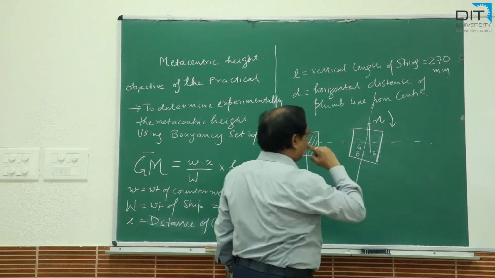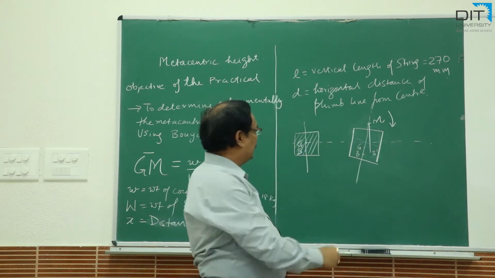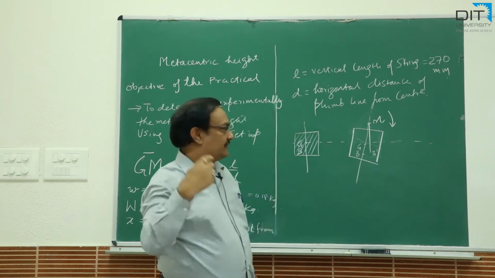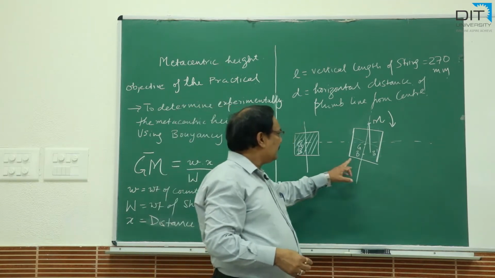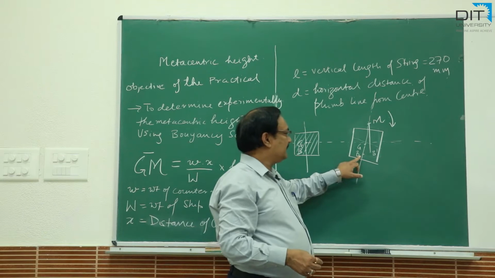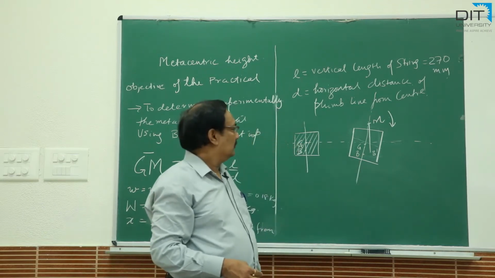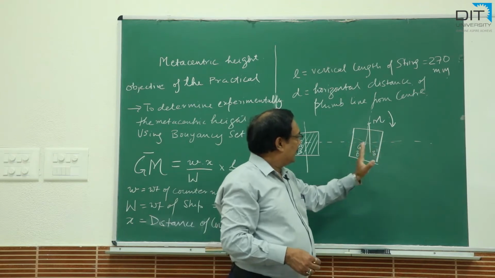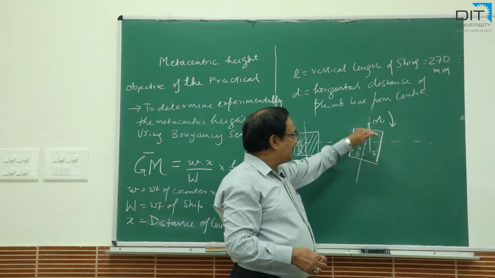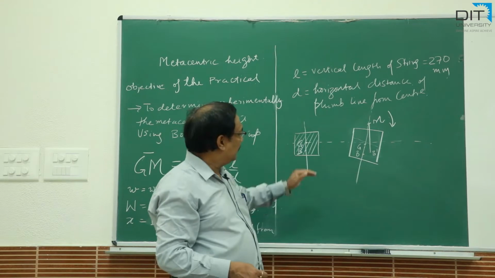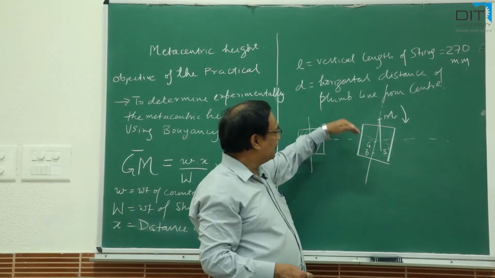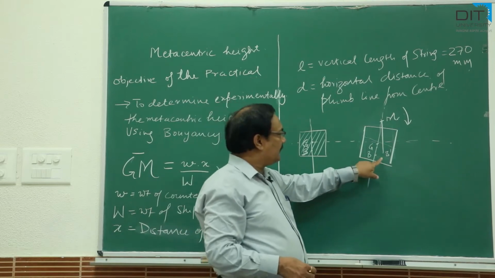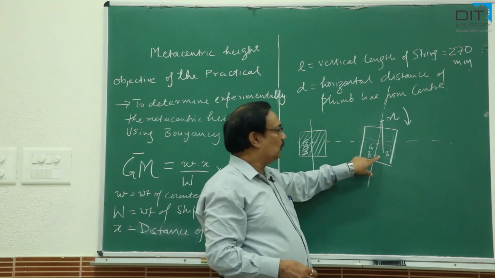like this, now the center of gravity will not change, it will be same as the body is not changed. Initial center of buoyancy is at this point. Now in this phase the body is immersed slightly more and here the body is away from the fluid. So the center of buoyancy will shift from B to B dash.